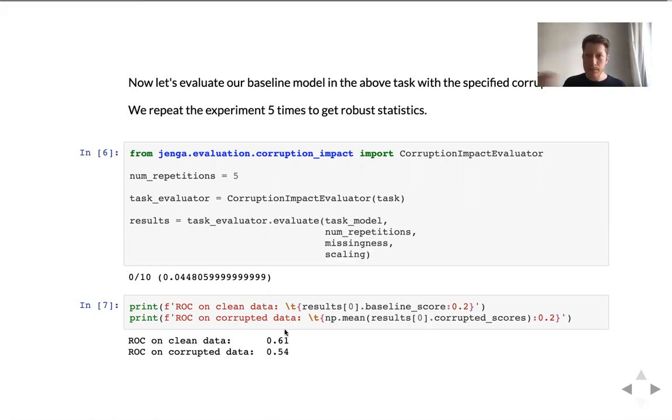And then it runs these evaluations, and we see, as expected, without corruptions on clean data, we get the same performance as before, an ROC score of above 60%. And on corrupted data, the performance drops by about 6 to 7%. Now, that's how easy it was to evaluate your machine learning model, to test it on corrupted data. It's below 5 lines of Python code, and it's easy to customize by writing your own error functions and evaluators